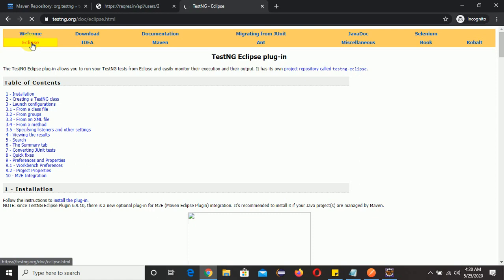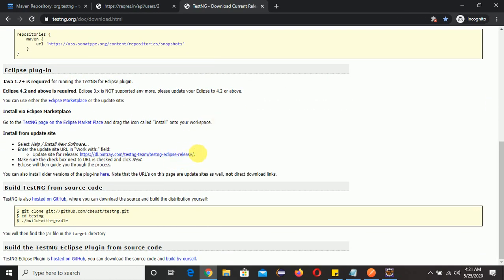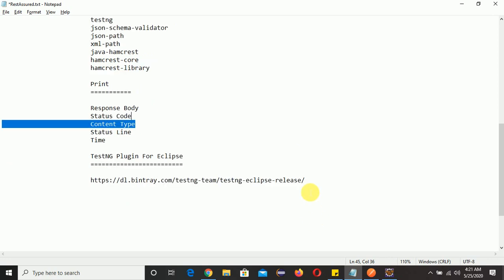So click in Eclipse and click on install the plugin and scroll down. You'll find this link. You need to copy this link. I have already copied this link in my notepad. So I will copy this